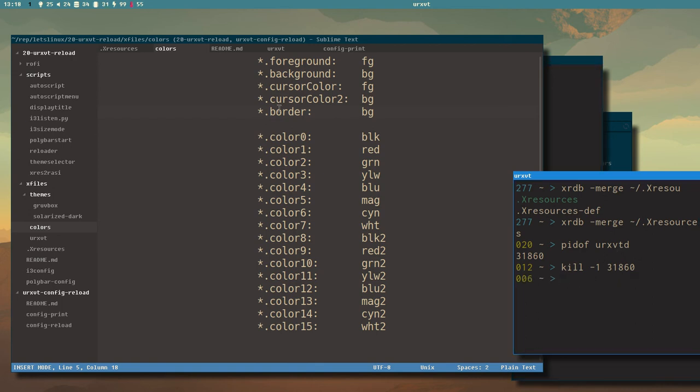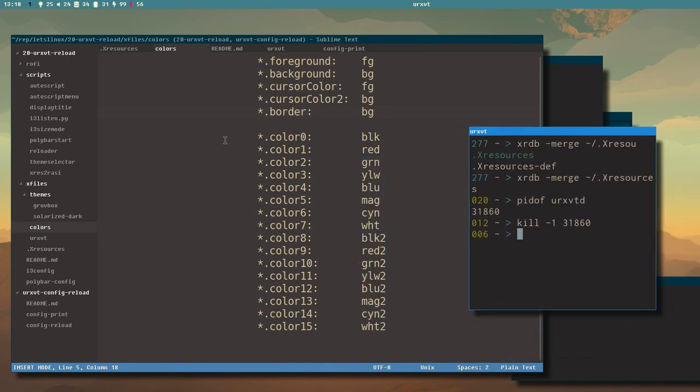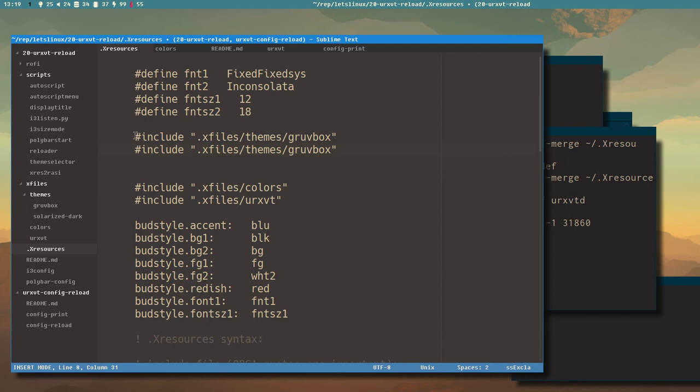Now when we added this border, you see that also got the background color, so now we don't get that ugly border. So just add this to the colors file here, and you will get the right thing. Okay, just a demo here. Let's change this again. We could even do this, solarized dark,